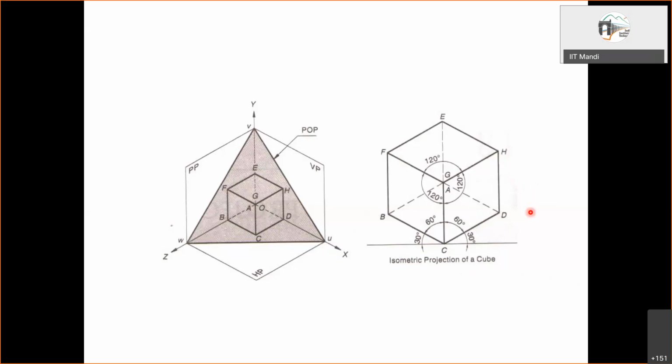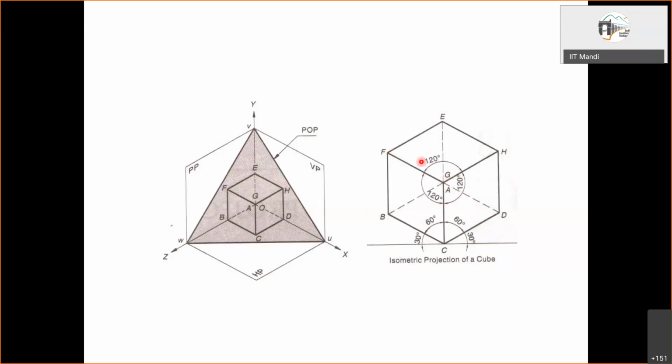Here we had discussed that the faces are all identical because they are equally inclined to the plane of projection. So their shape and size remain the same, but their orientations are different. Apart from that, there are a few more features which we can notice in this diagram. If we consider this particular location, you see that we have three lines, 1, 2, and this 3. These all three are equally inclined.